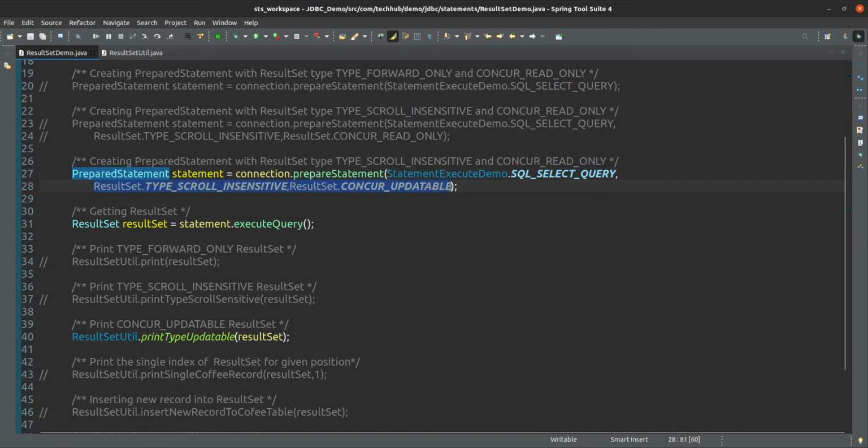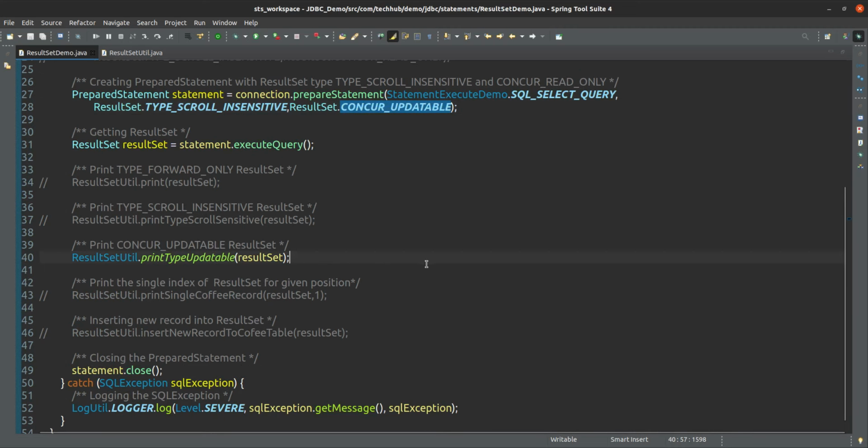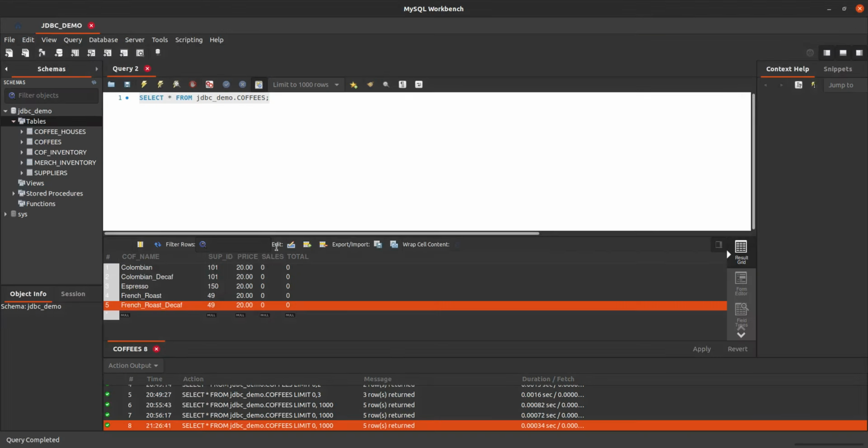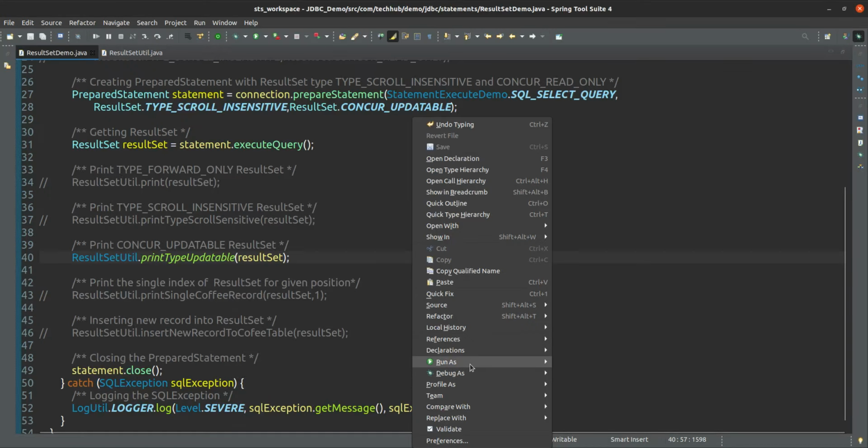the ways are the same. How can you get a result set of a particular type? So here we are telling our result set should be of type concurrent updatable. So now what it will do? It will update the value. Which value? It will add 5 to all the sales. If I run this one, you will see